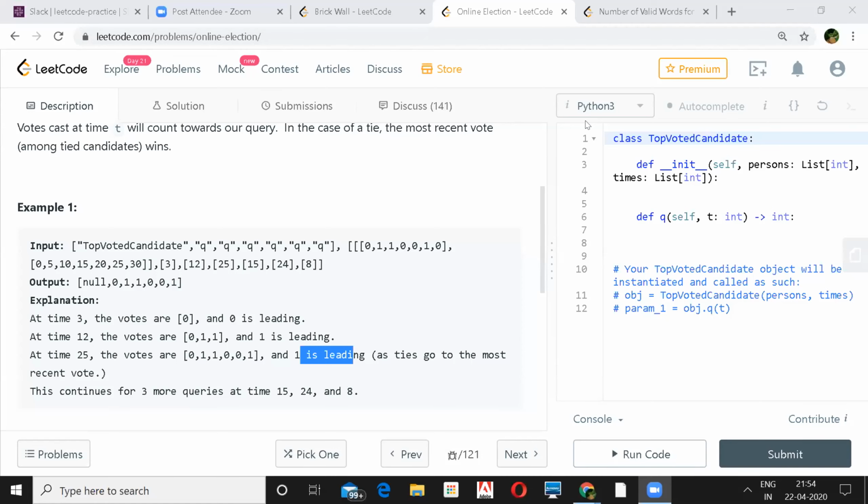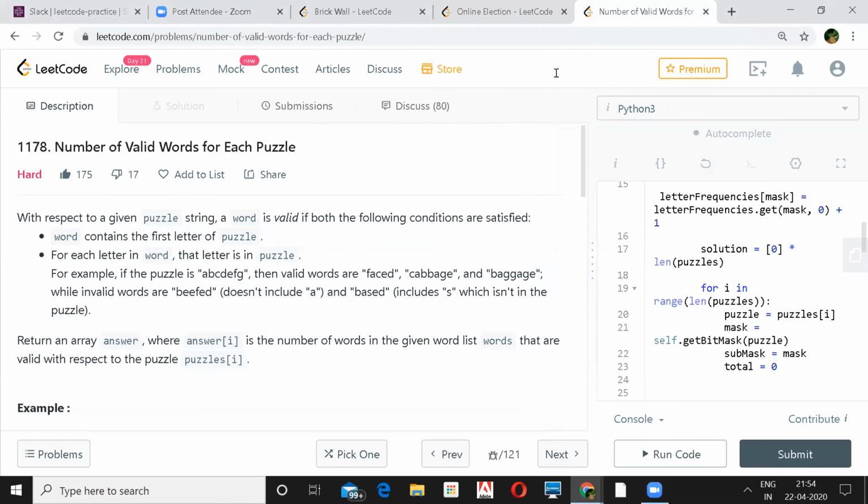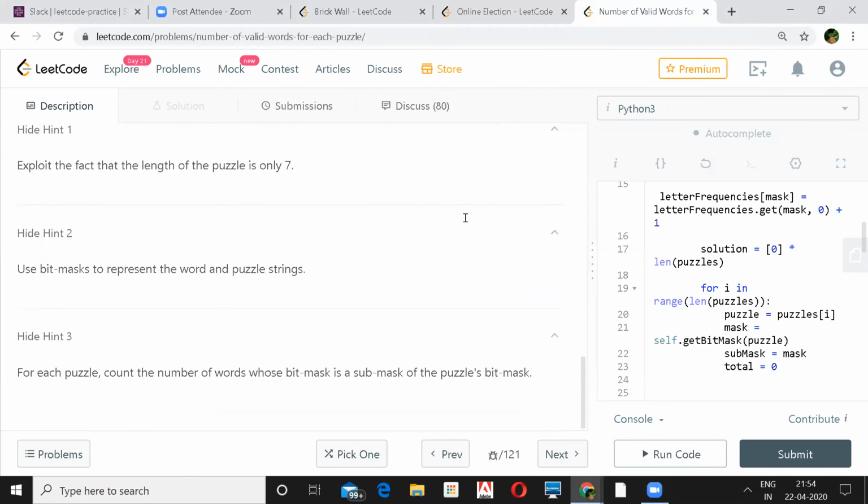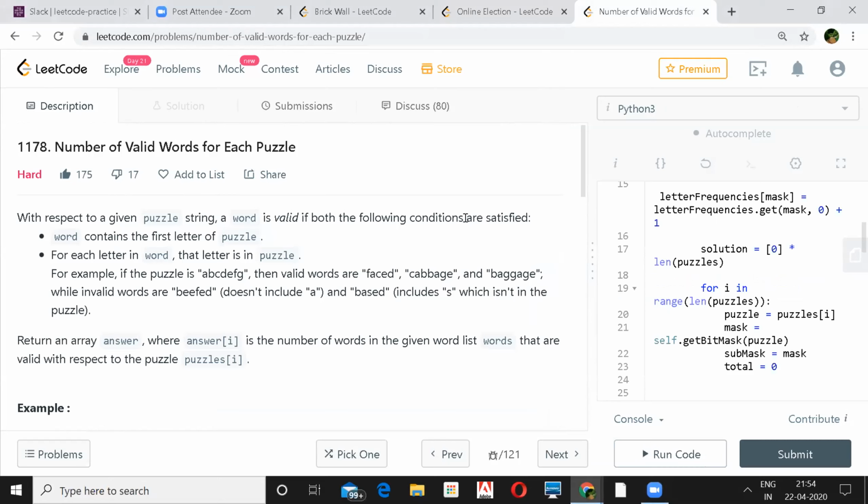So what was that tree approach? If you can share the code on Slack or something like that. Because I think the tree approach was different, right? No, that will be similar to the auxiliary array. In the tree approach, the key was the time, and the value was who's the winner.